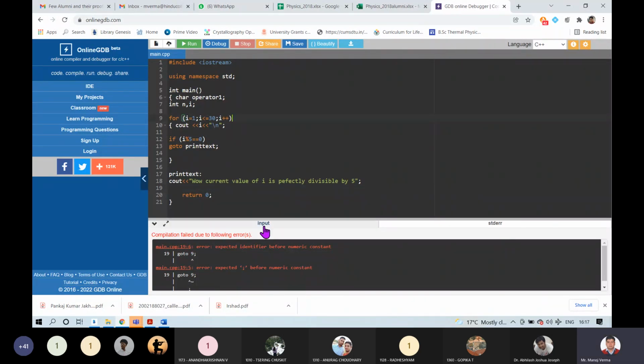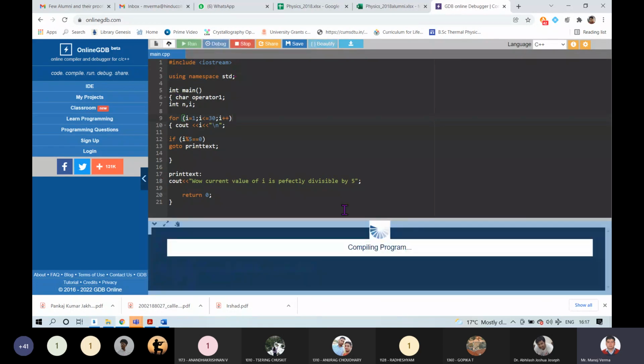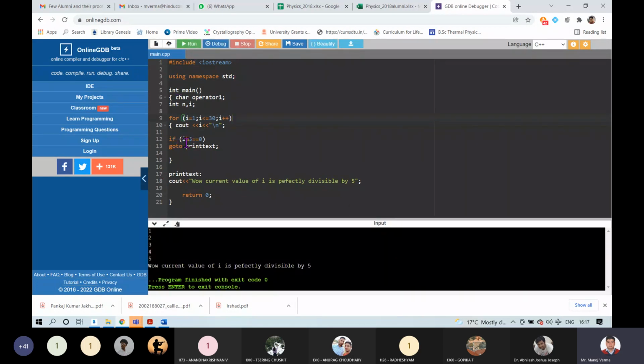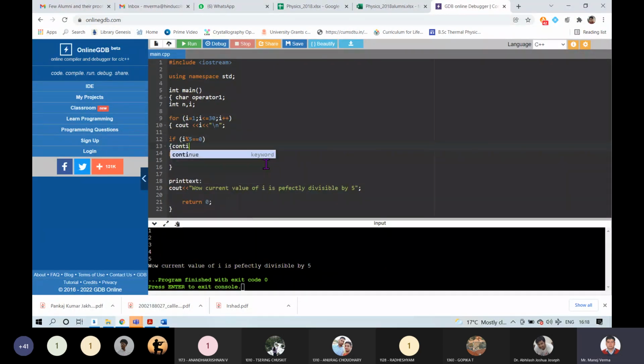But you can see, as soon as this if statement, else continue if, okay, can I use continue here?